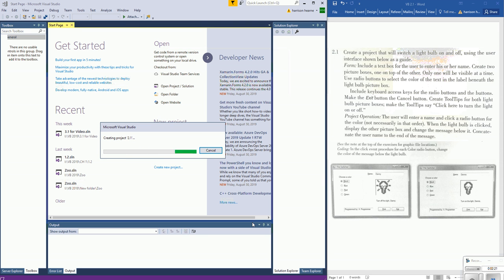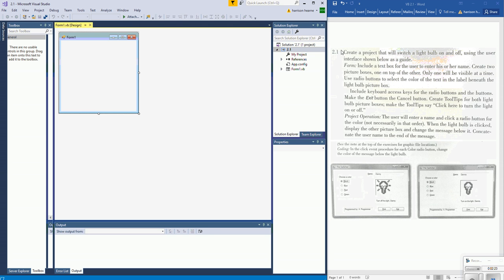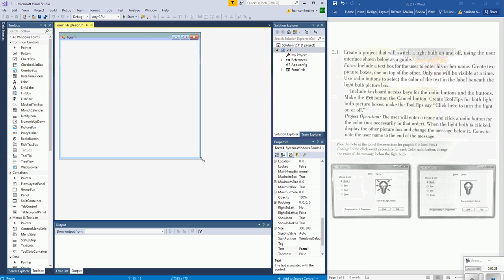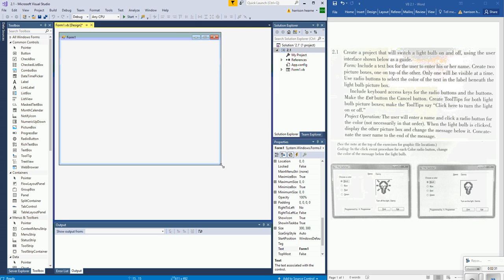And normally I'd have a full screen open, but I want you to be able to see the directions for 2.1, but I think I have plenty of room here. So here's our form. We've talked about those for our Chapter 1 programs. I always have my toolbox pinned. I'm going to be in good habits, so the very first thing I'm going to do every time I start